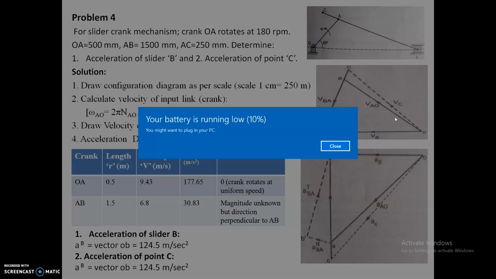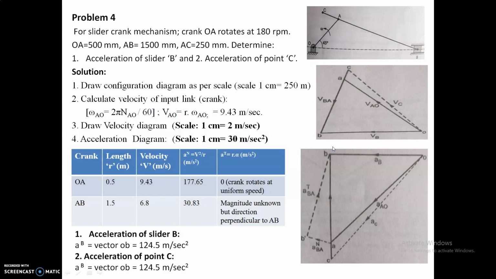Now the next link, that is a slider. You know the slider has only one component, the tangential component, and it is along the line of action. So from the fixed point O, you draw the acceleration, that is the tangential component, the final component for the slider. This line of action of the slider and the tangential component of AB intersect at a location I have named small p. When you join the normal component and the tangential component by a dark line, it is the final component of BA, that is the connecting rod.